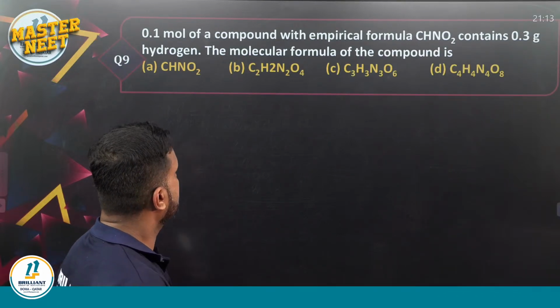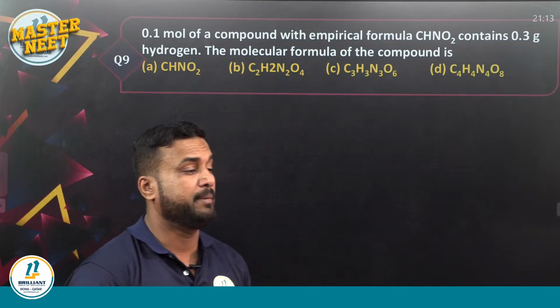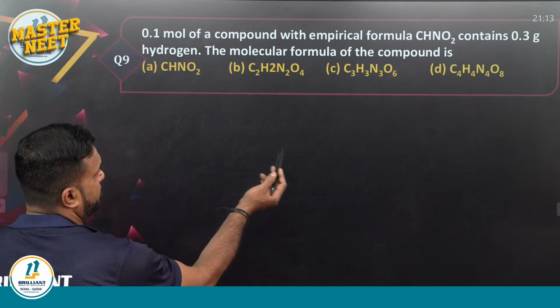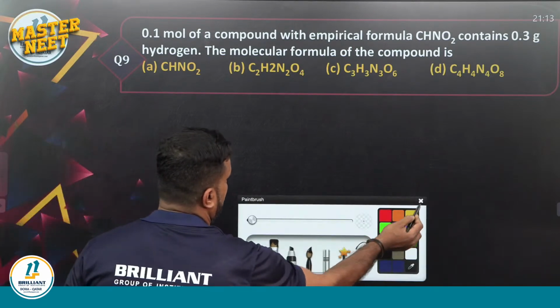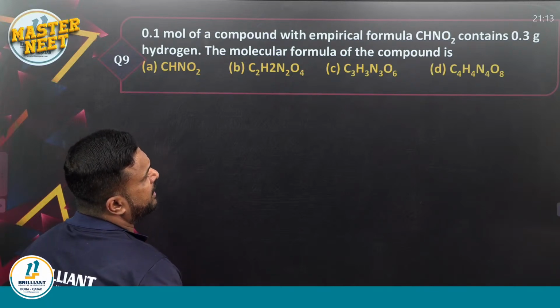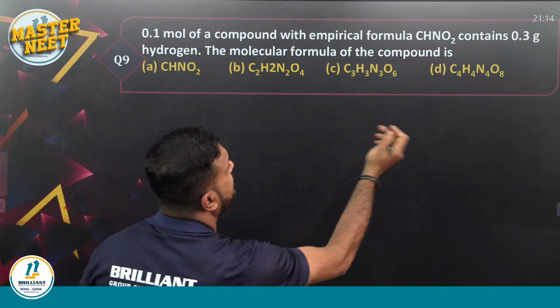Question number 9. Another one. This question is based on EF and MF. You know that empirical formula, molecular formula based questions we did in class, and that type of question you can expect. See, this question they are asking: 0.1 mole of a compound with empirical formula CHNO2 contains 0.3